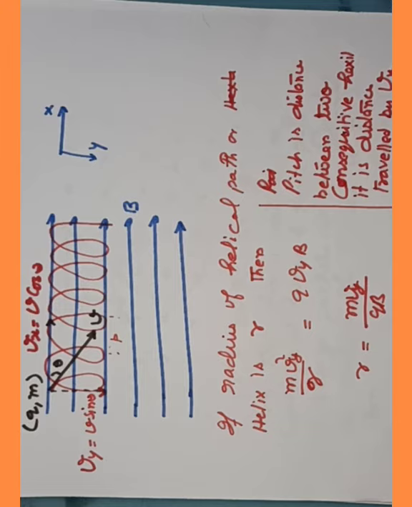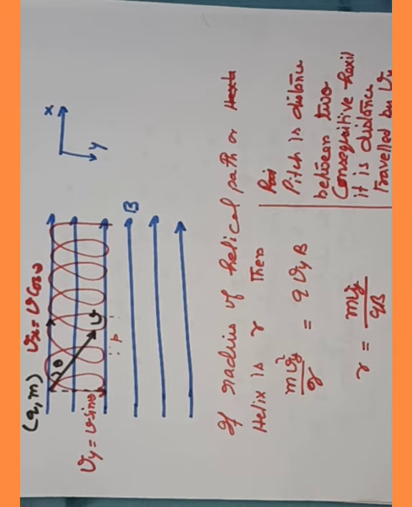the charged particle. Later on in the same topic I have shown you that if the charged particle is introduced normal to the field, then theta will be 90 degrees, the force will be maximum, F equal to qvB. That force will be normal to the velocity vector as well as the magnetic field, and hence the force will act as a centripetal force, and the path of the particle will be a pure circle given as r equal to mv